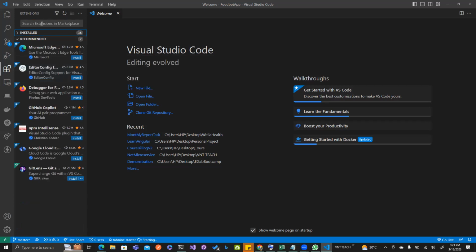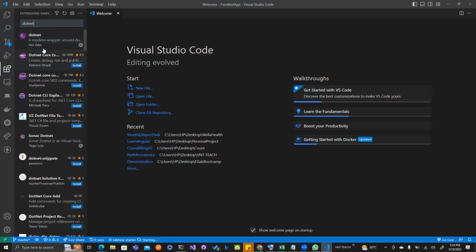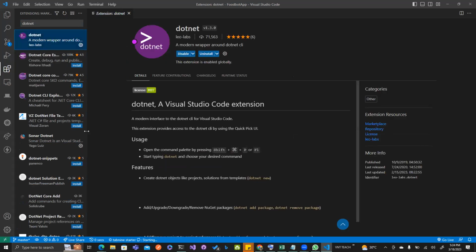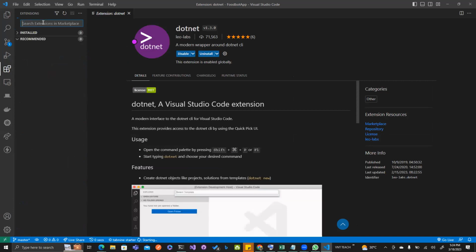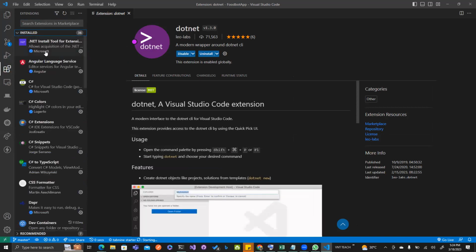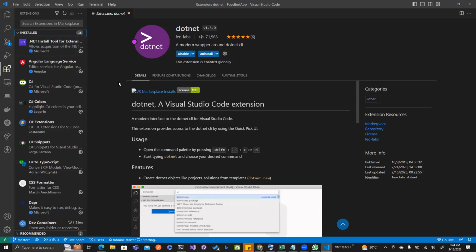So you could search for these extensions by clicking on the search box here. And to do that, I would just search for .NET, and it shows you some extensions that you probably need, right? I already have this installed. So to make this easy, I'm going to just go through some of the .NET extensions that I have installed, and then tell you the ones that you are free to install if you want, and the ones that you have to install, right?